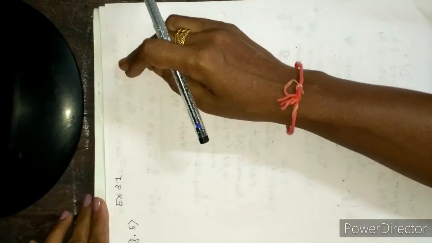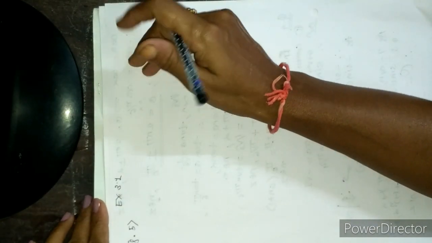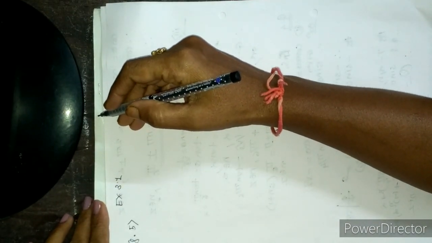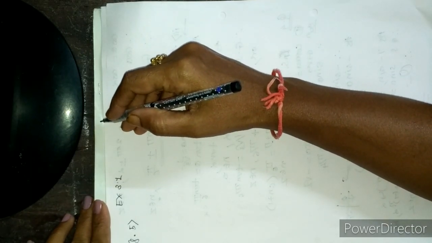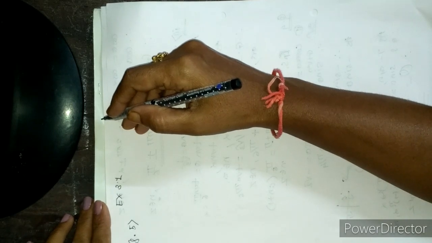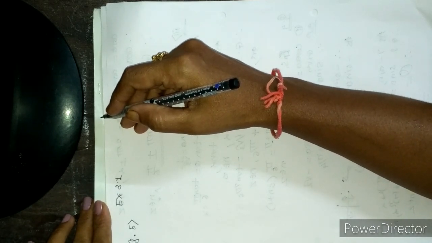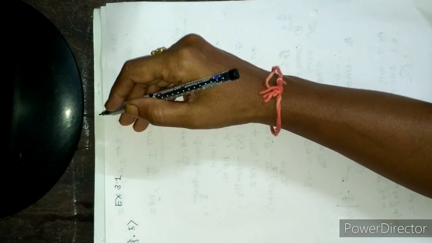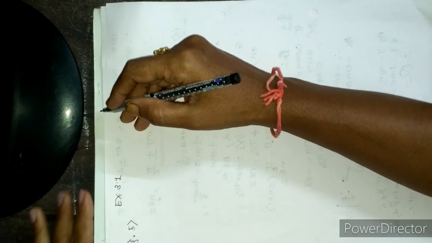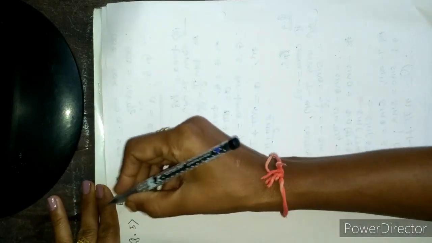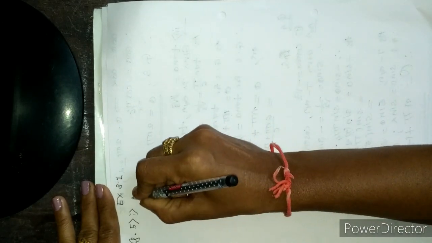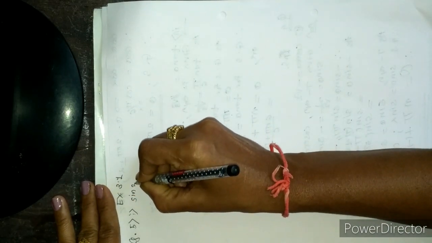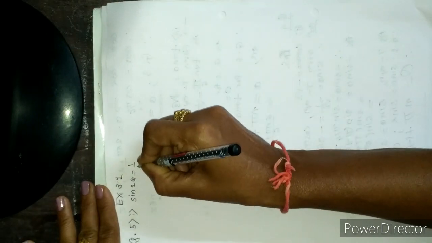Hello friends, today we take the remaining part of exercise 3.1, that is of trigonometric functions from paper first. 4 questions are already over. Now we take question number 5. To solve a trigonometric equation means we find its general solution. So the first equation given in question number 5 is sine 2 theta equal to half.